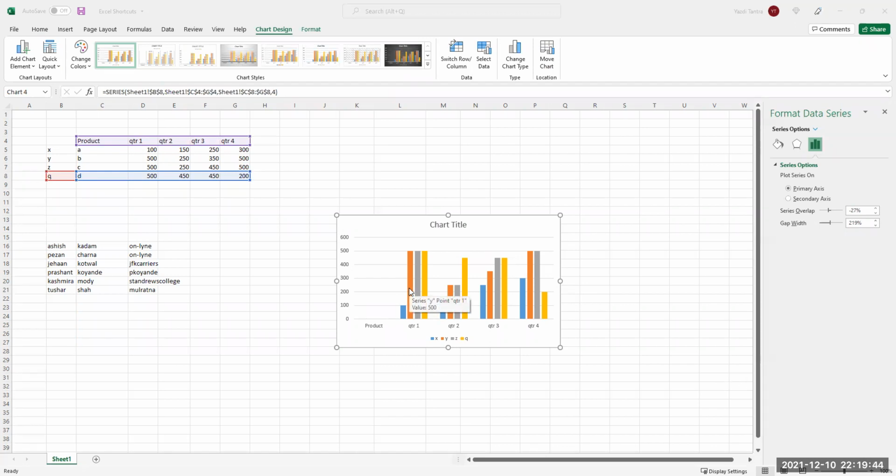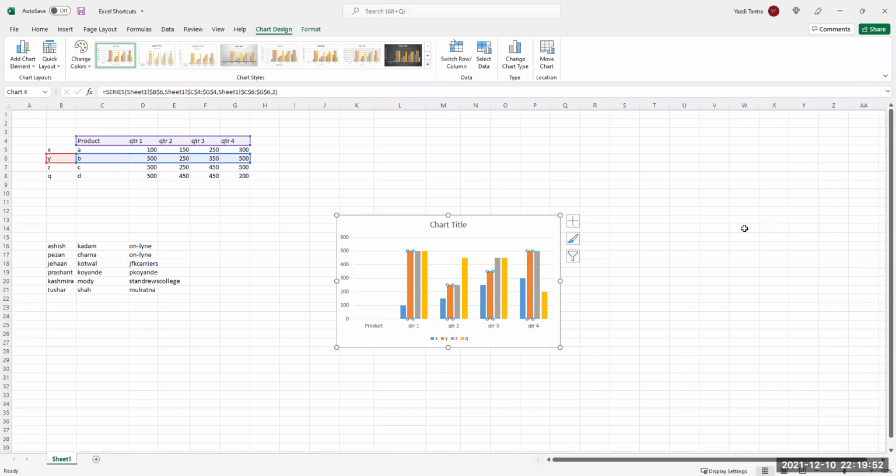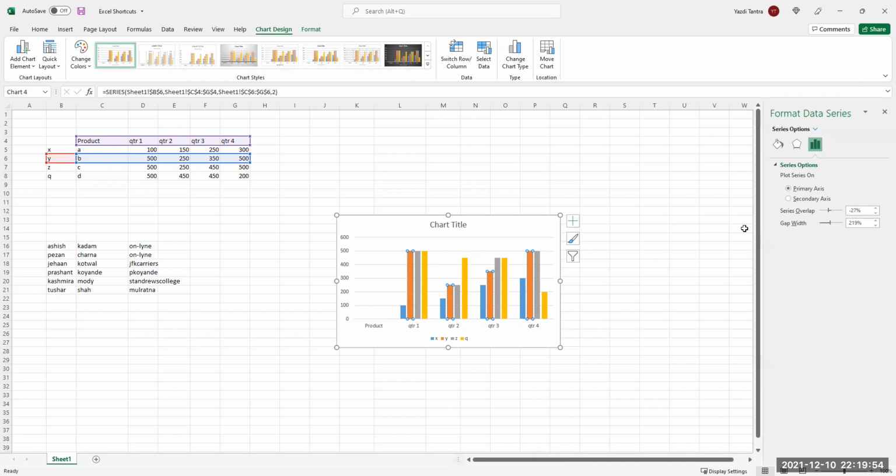I want to format this. So this cell I want to format. Now I'll just say Control 1 and options for formatting that data series comes up. Color and style and everything comes up. Fill, what do you want to fill it with?